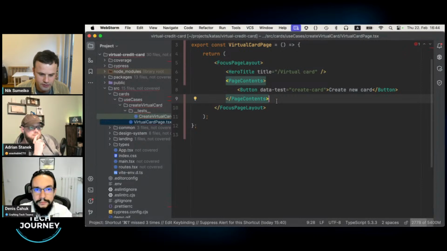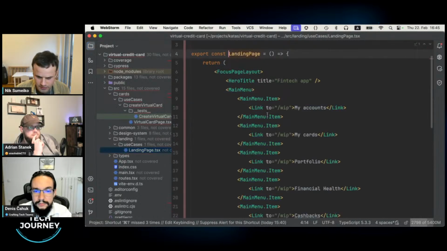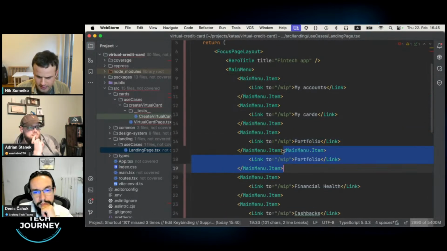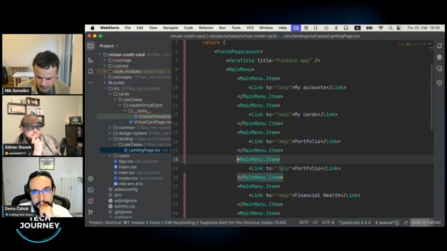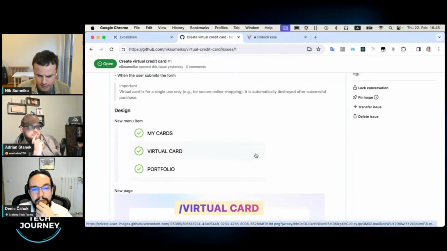We could also add the first acceptance criteria to the landing page to add that menu item. So for example, somewhere in between here, we could duplicate this, and let's name this virtual card, or however it was named here. Virtual card, yeah.